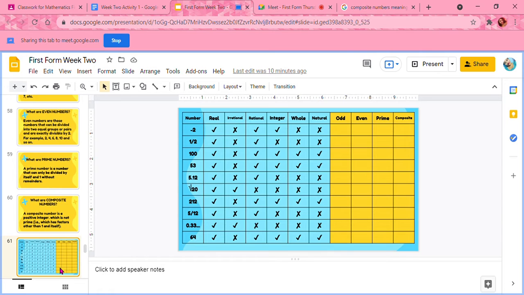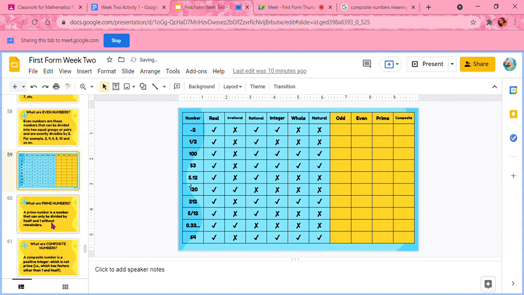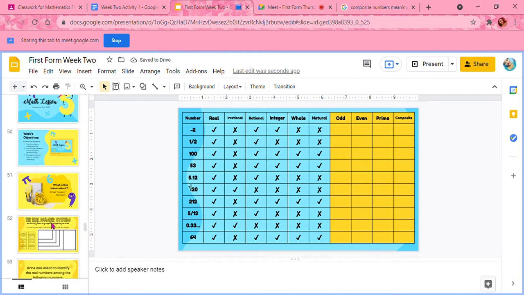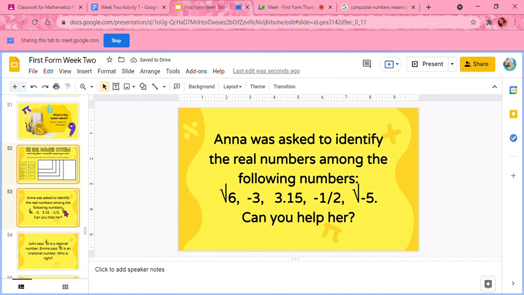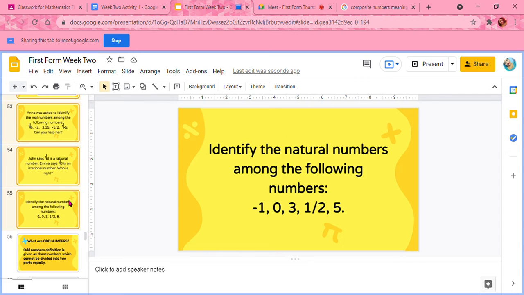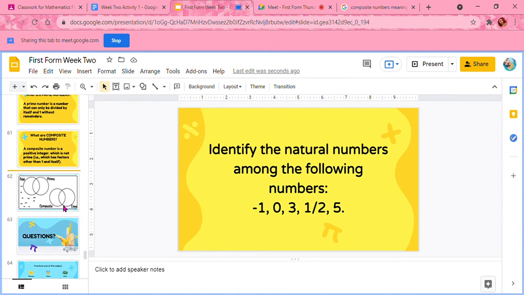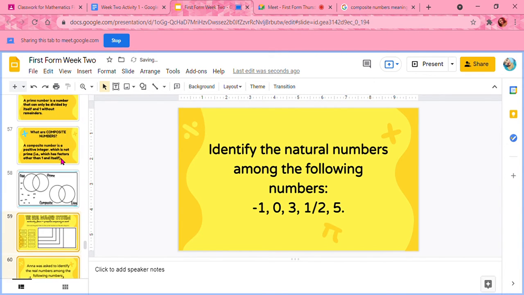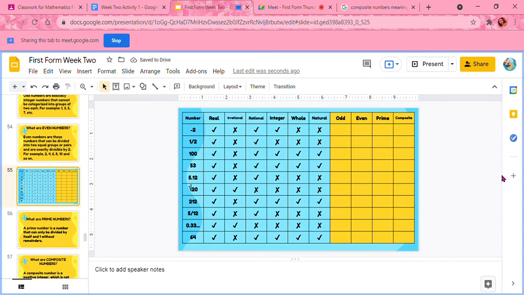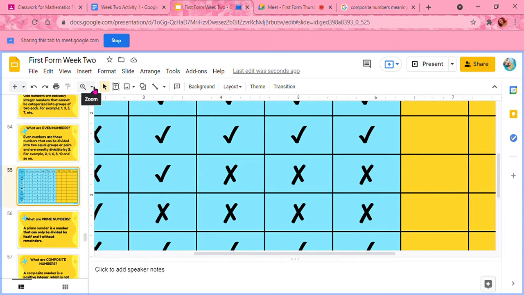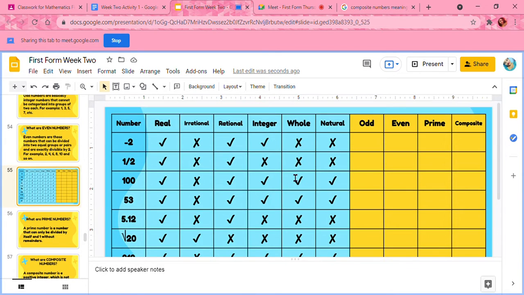So let me move this here. One second. Okay, so this is the table. Let me zoom in a bit so that you guys could see it. Too much. Okay, so